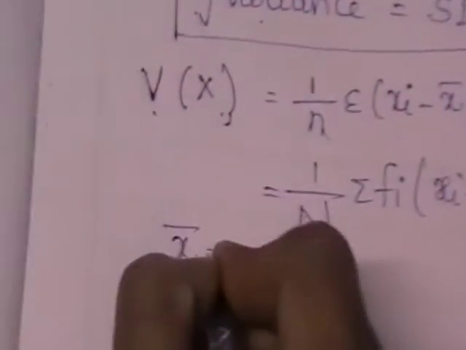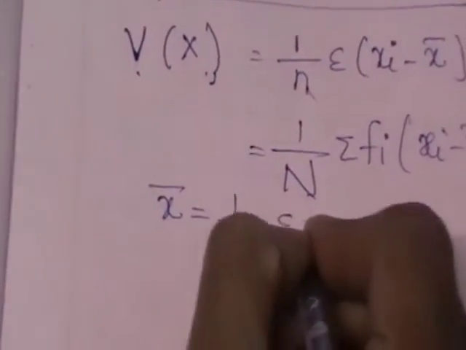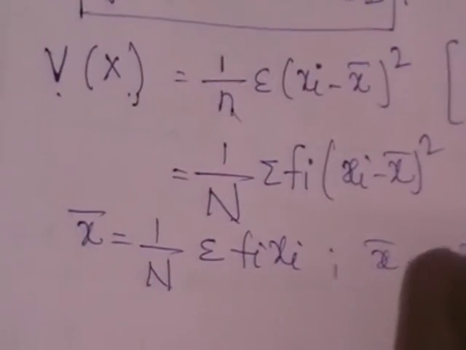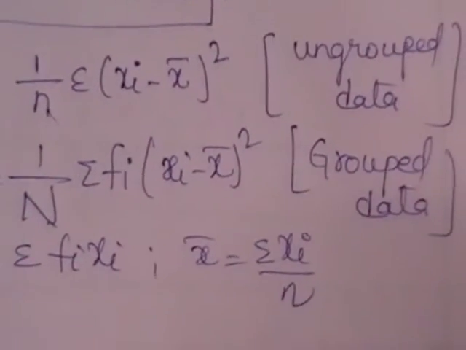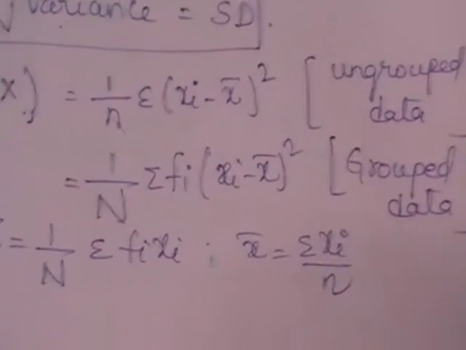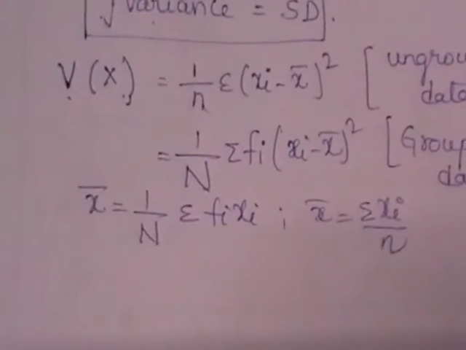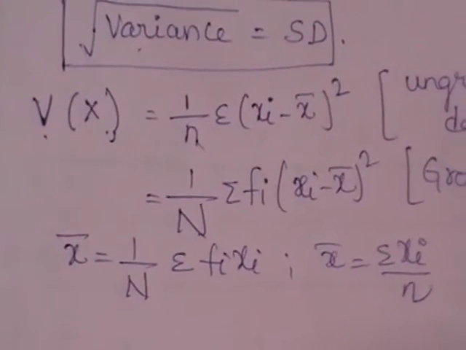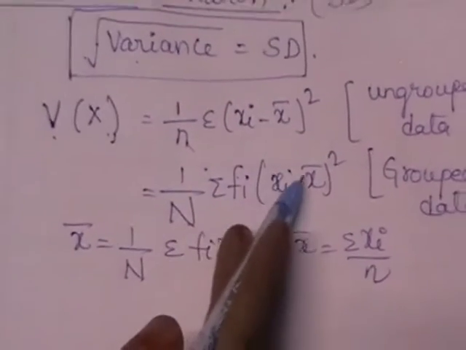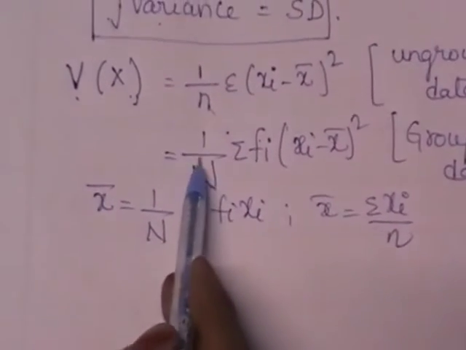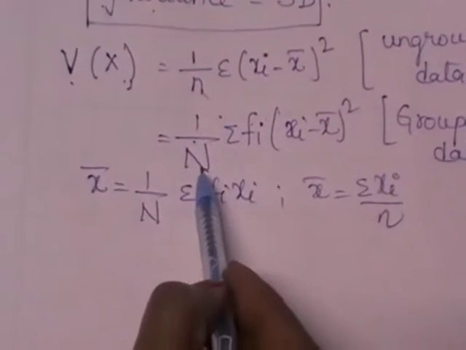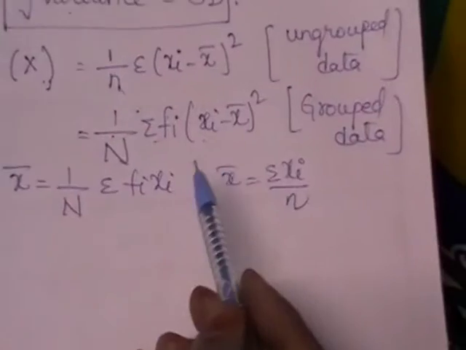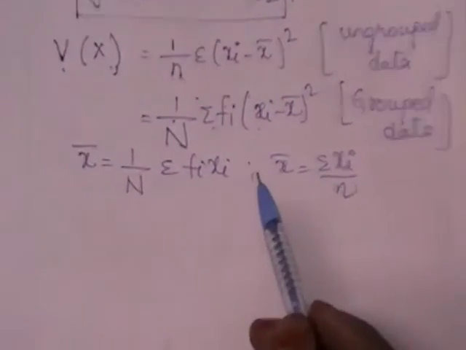The formula for x bar is 1 by n sigma fi xi if it is grouped data, and if it is ungrouped data, you know it is sigma xi by n. So variance of x is denoted with V of x. Standard deviation is the positive square root of variance. The formula for variance is again different for grouped and ungrouped data. For ungrouped data, 1 by n sigma xi minus x bar whole square. For grouped data, in place of small n you will get capital N, 1 by N sigma fi into xi minus x bar whole square, where x bar is 1 by